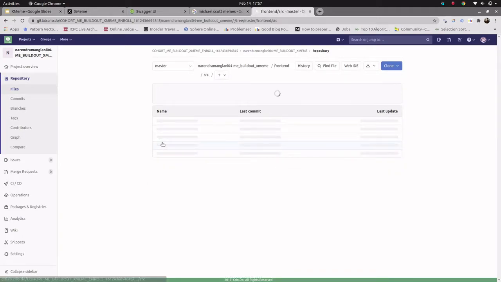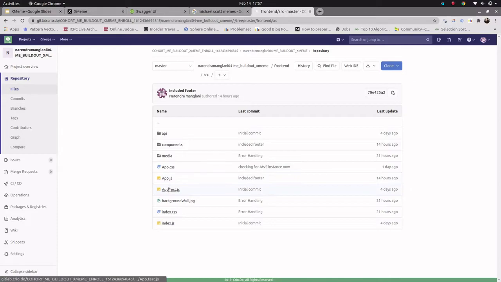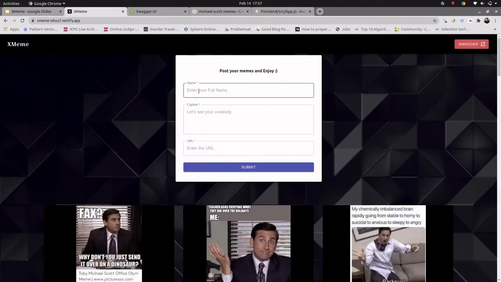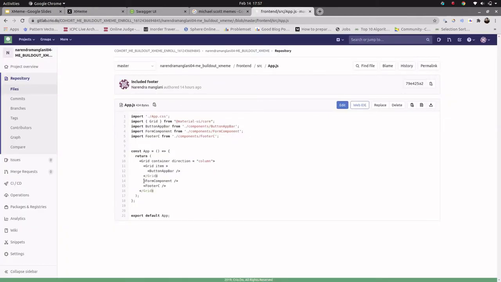Let me go to the front end once. Basically my front end is divided into three parts. Let me go through app.js. The first part of my front end is the header, and the second part is the form component.